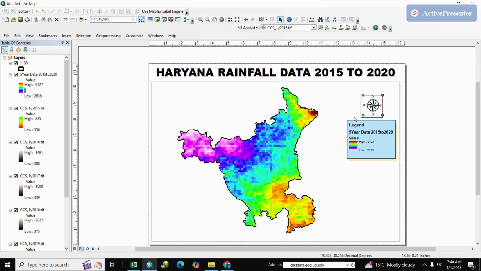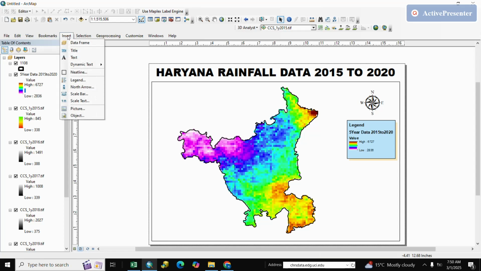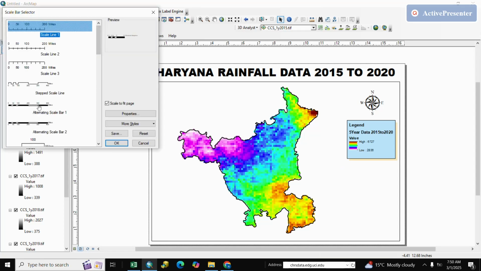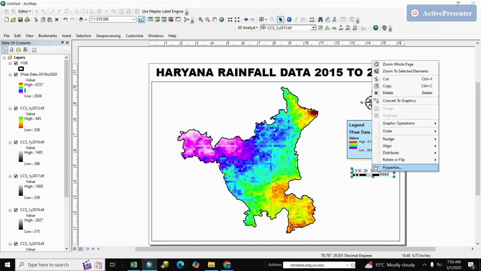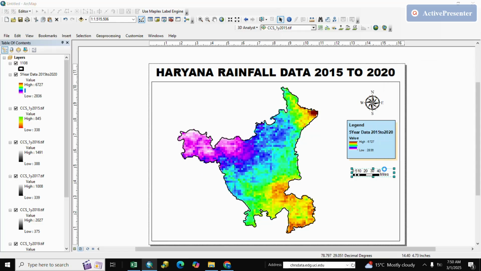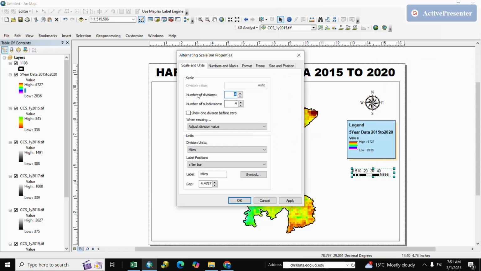here is the north arrow. If you want to insert a scale, go to insert, scale bar, you select here scale, here is the scale, we adjust it, and if you want to change properties, you right click, go to properties, and units.